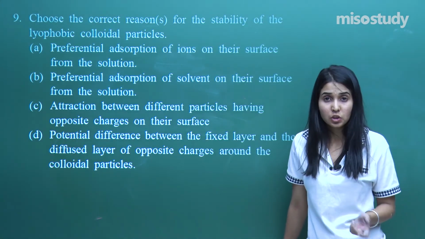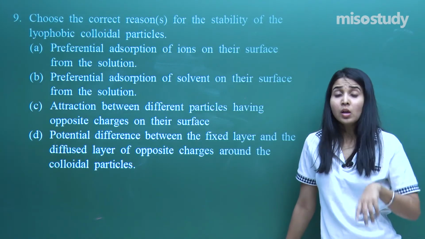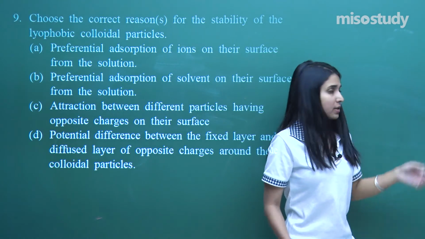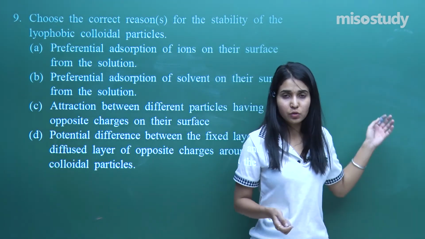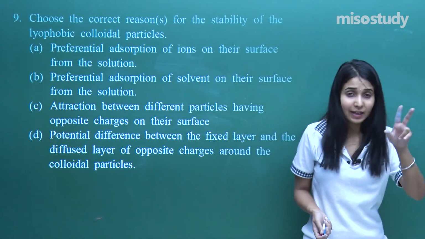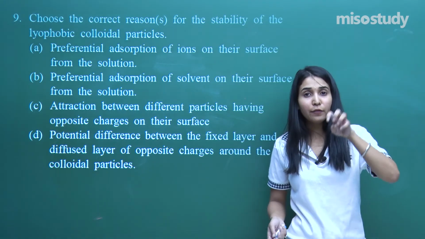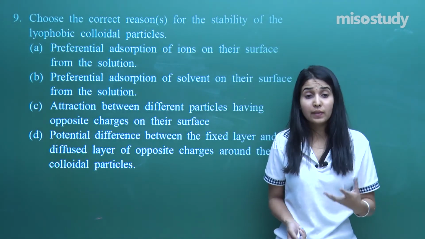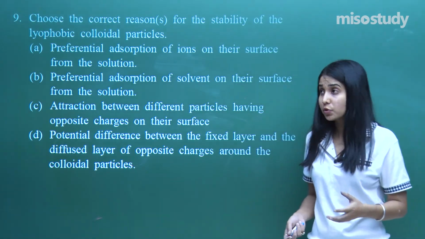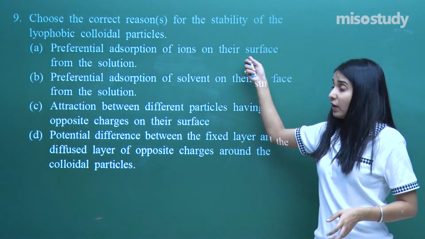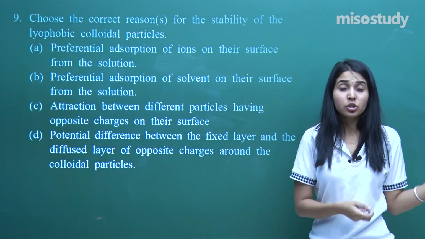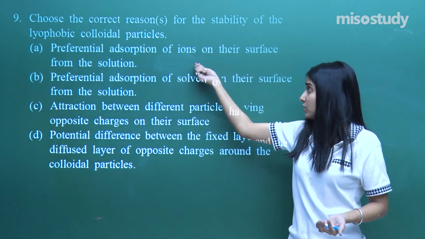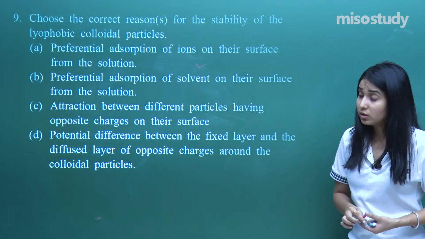And what was preferential adsorption? You know, when I was doing, if my surface was a positive surface, we have done this thing like my surface that was made up of my Ag plus, and I had two options. I had my ferrous sulfate, I had my potassium iodide. So the positive one had a preferential adsorption of ions from the solution which were present, right? So I can say if I had to stabilize, of course this one would be correct, no doubt in that.